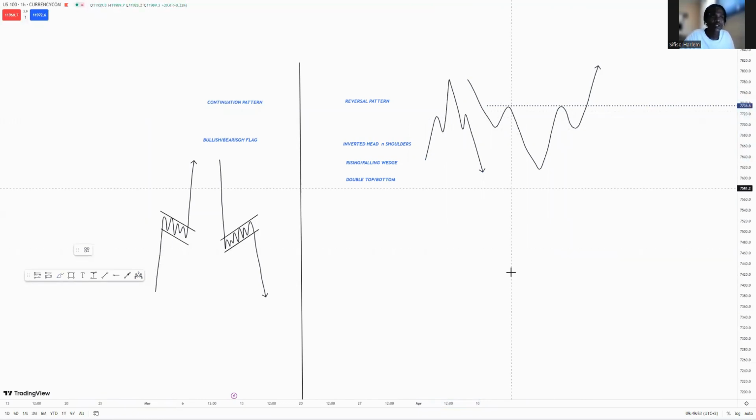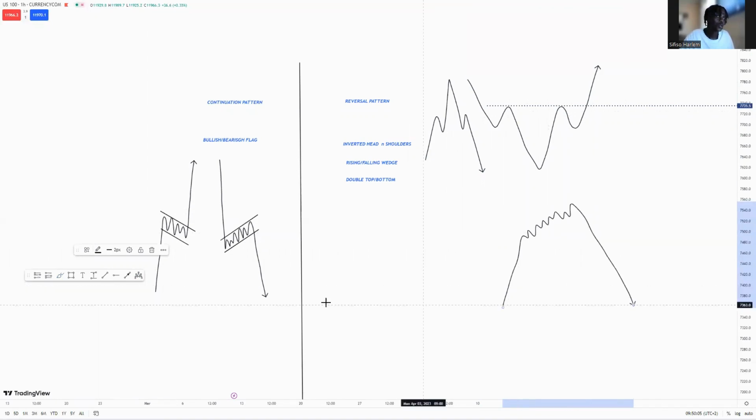So with a rising wedge, price does what? Price pushes to the upside and then corrects like this, right? With a correction which is like this, and then price does what? Impulsively drops to the downside. So now with something like this, you must know that once price creates some sort of a